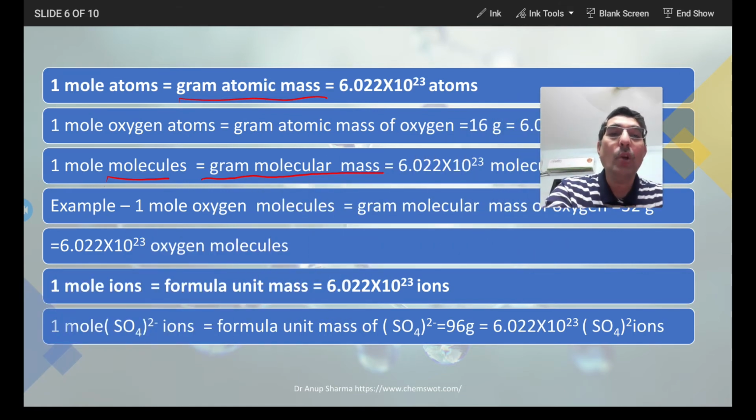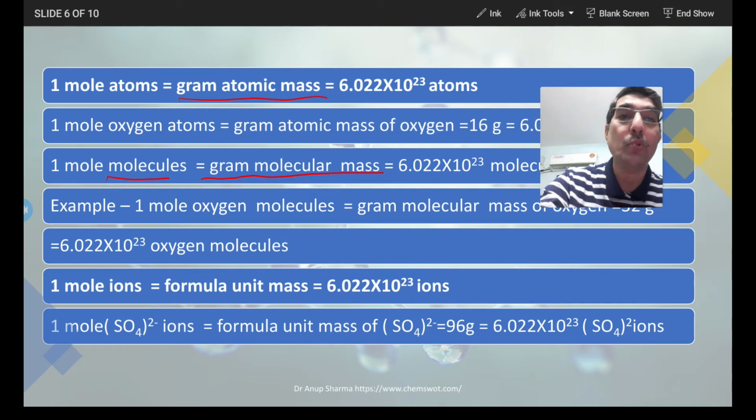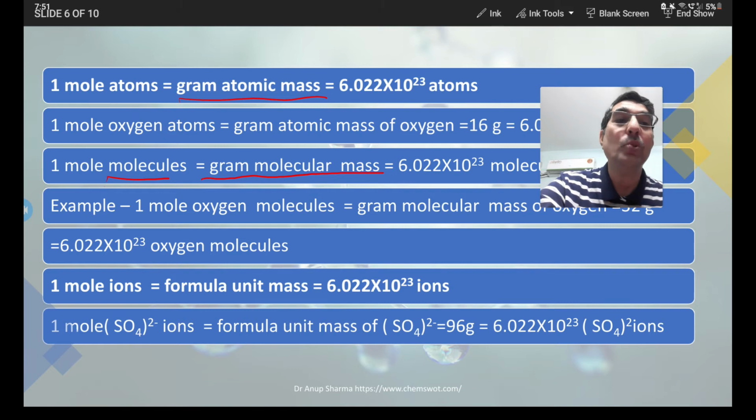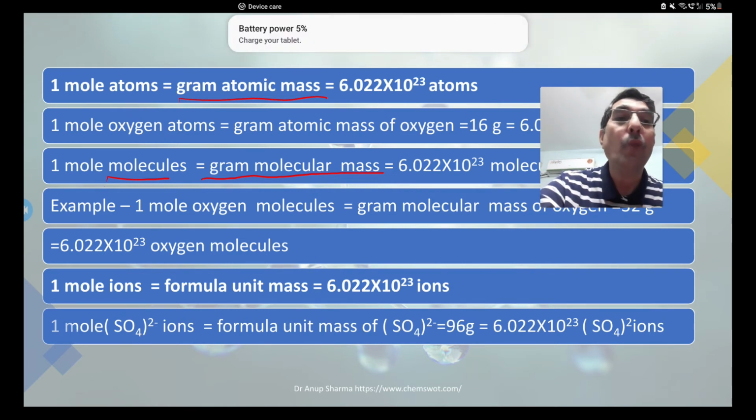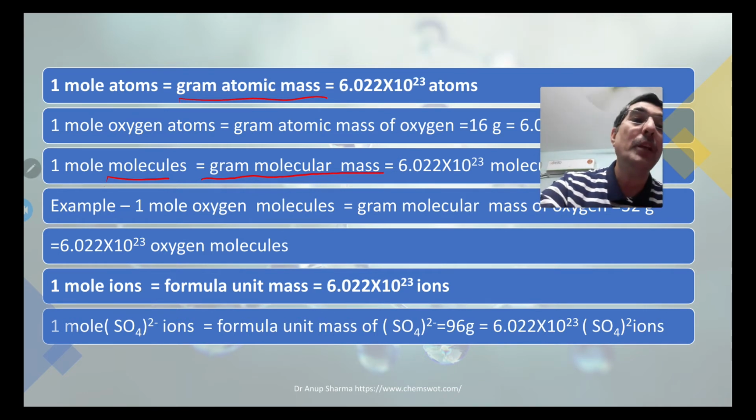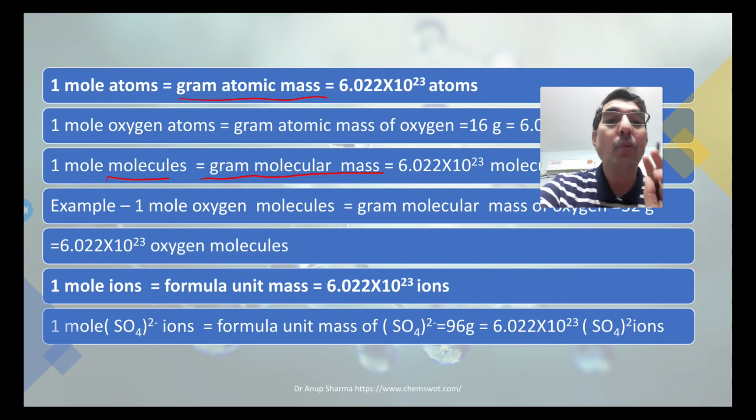Similarly, if we talk about 1 mole of ions, how can we relate it in terms of gram atomic mass or gram molecular mass? Here we can't use those two terms because ions are involved, so we need to use formula unit mass instead. It will again relate to the same Avogadro constant: 1 mole of ions is equal to 6.022 × 10^23 ions. Suppose we talk about sulfate ions, then we need to take the formula unit mass of